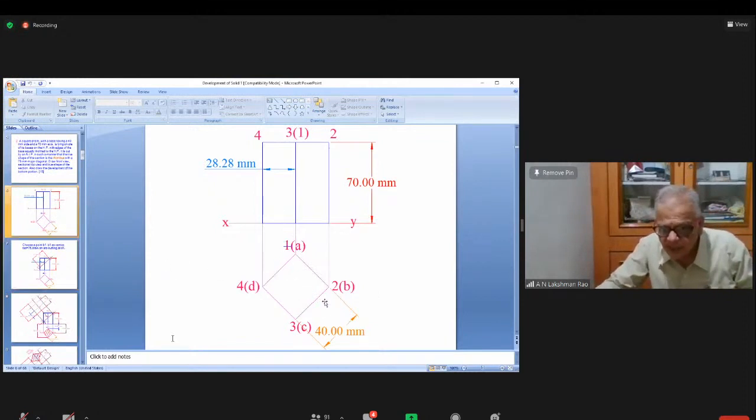Draw a square prism at 45 degrees each. Side is 40, height is 70. This is the first position. It is resting on HP. So I have drawn it first. Then next,